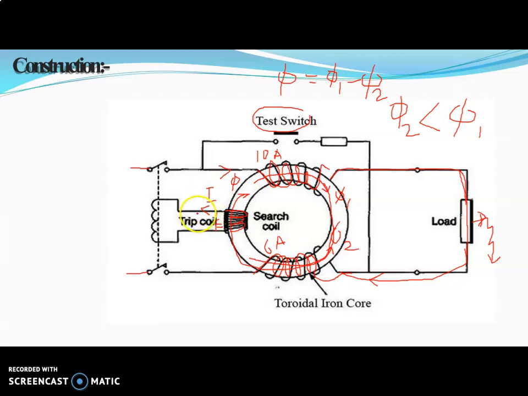Current starts flowing through the coil, and this is flowing through the trip coil, and it will produce a magnetic field. As soon as this plunger is placed in the magnetic field, a force acts on the plunger and it will open the contact, and as soon as the contact is open, our circuit is isolated. Our ELCB will trip and isolate the circuit due to this leakage or fault condition.